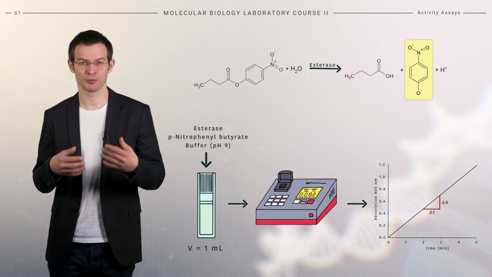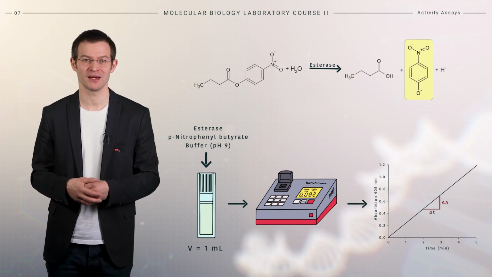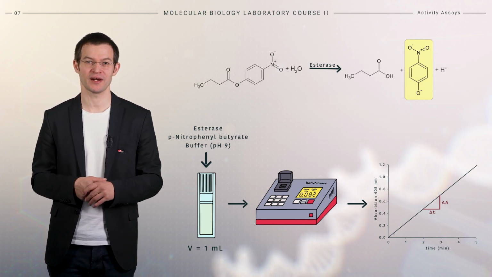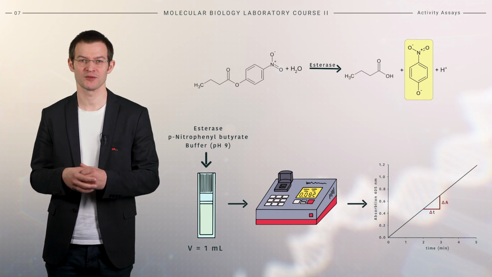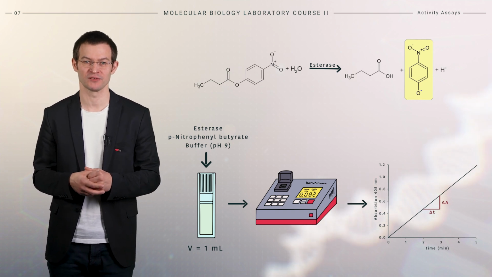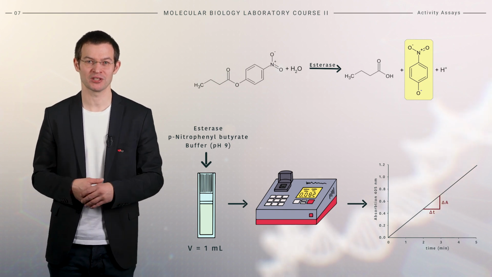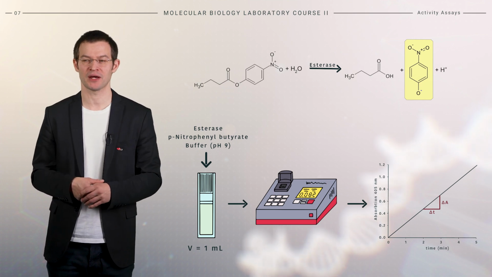Importantly, when using such progress curves to calculate enzyme activity, the product formation over time must increase linearly. If the curve deviates from linearity, the enzyme concentration in the assay could be too high, or the substrate concentration may be insufficient. To ensure reliable results, always include blank measurements that do not contain the enzyme to account for non-enzymatic background signals.